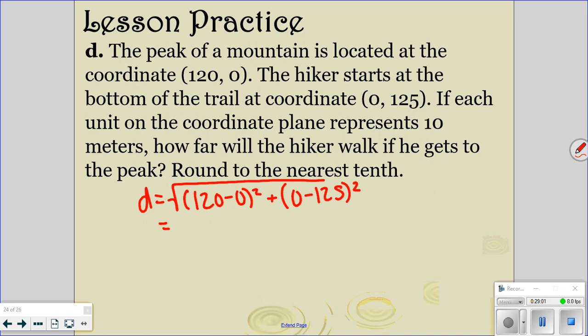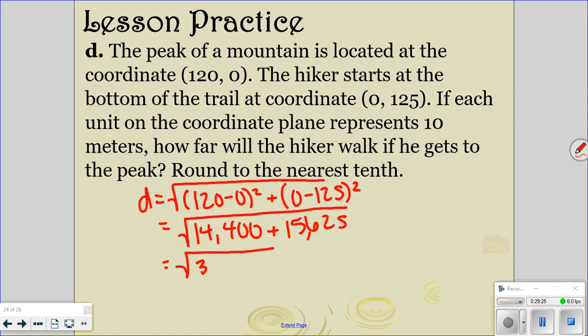So 120 squared is 14,400, and 125 squared is 15,625. And then you're going to add those two numbers together, and you should get 30,025, and then you take the square root of that number, and that gives you